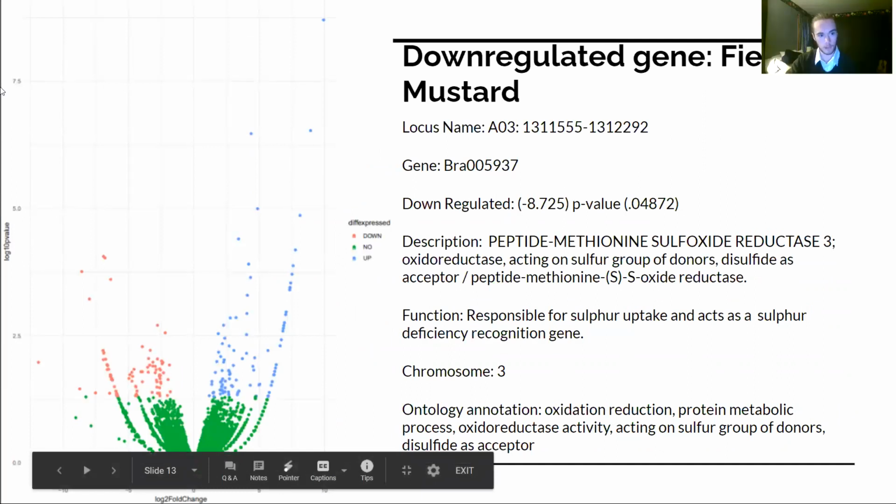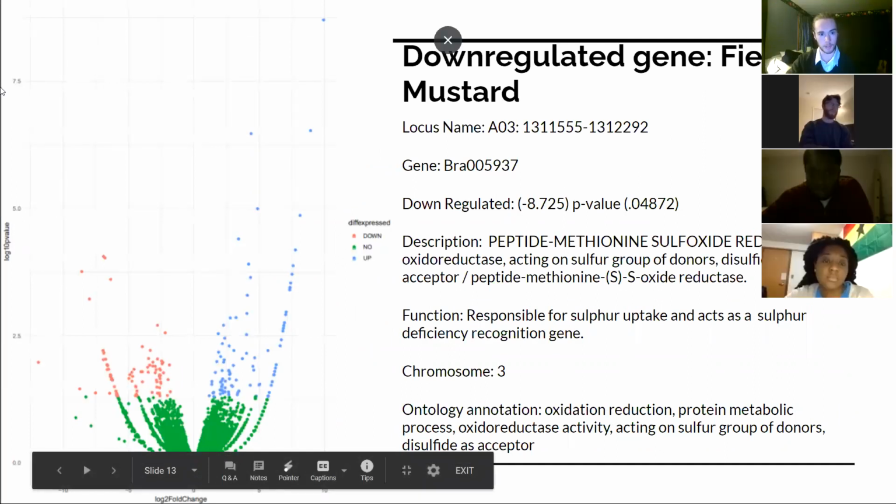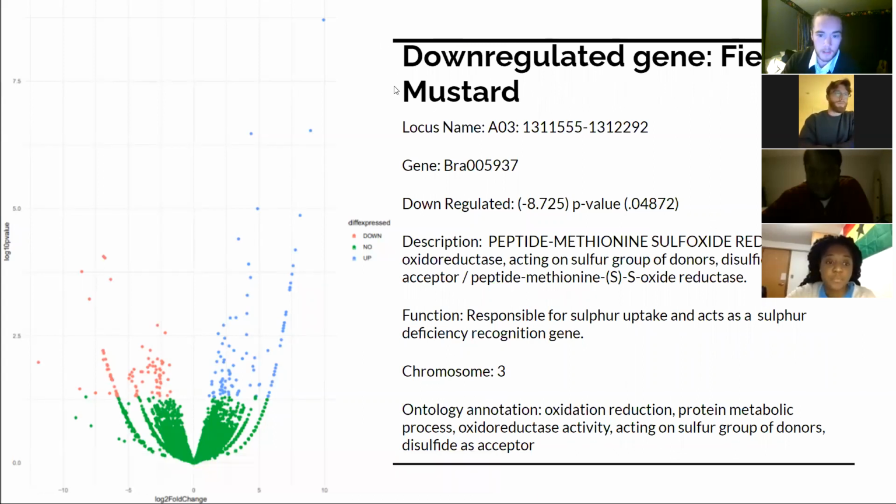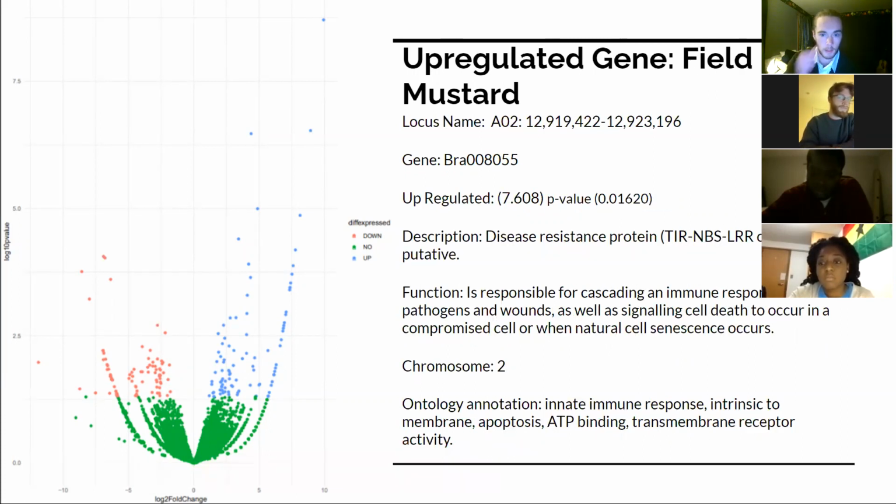So the downregulated gene in field mustard is significantly downregulated and is responsible for sulfur uptake and acts as a sulfur deficiency recognition gene, meaning that under drought conditions, the plant won't be taking as much sulfur that's available in the soil due to a lack of water. The upregulated gene in field mustard